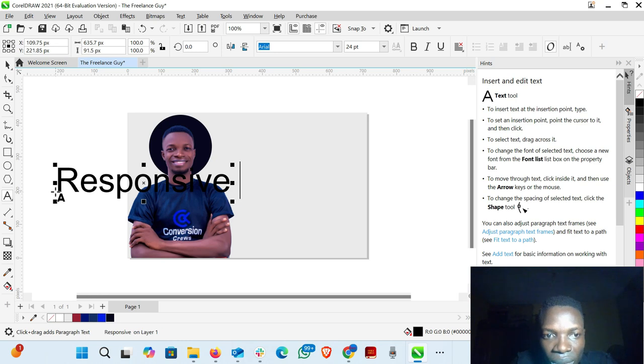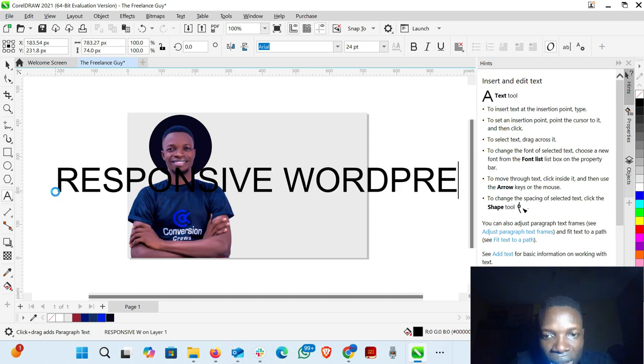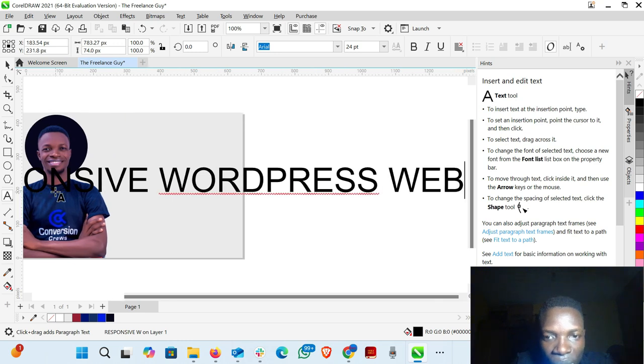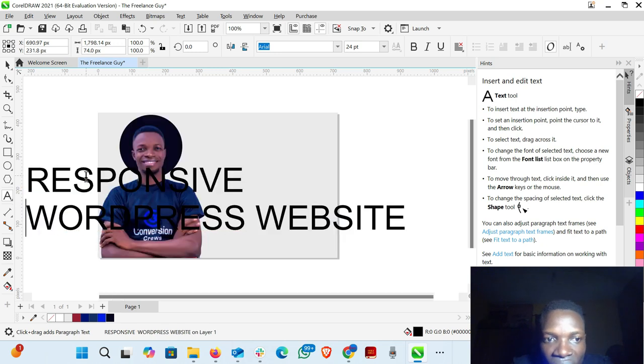Let me use caps lock. Responsive WordPress websites. Responsive WordPress websites. I just have to give it like 2 spaces, then I'll go to the select